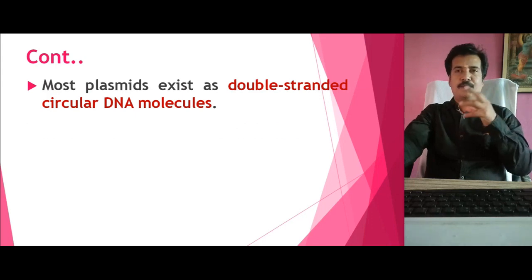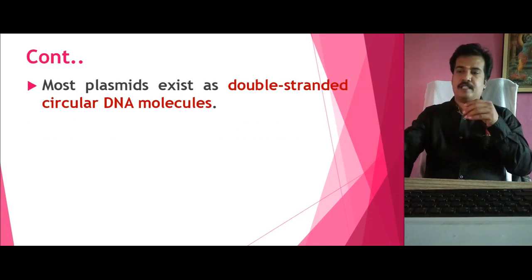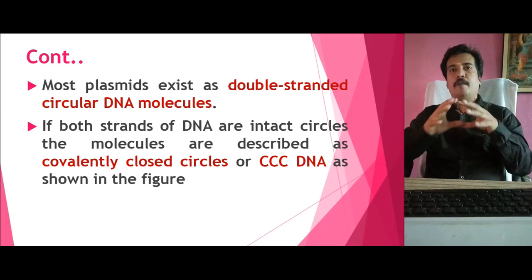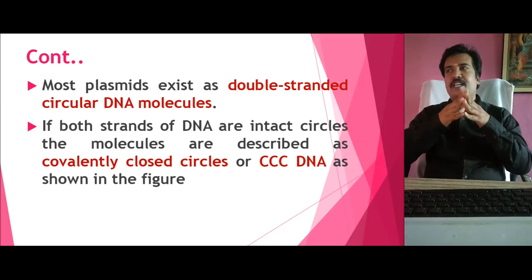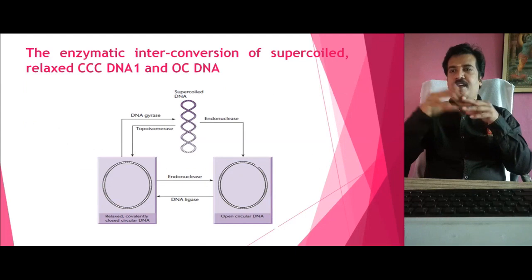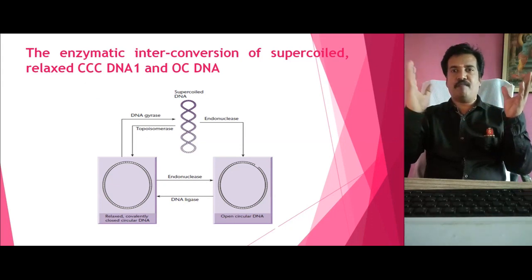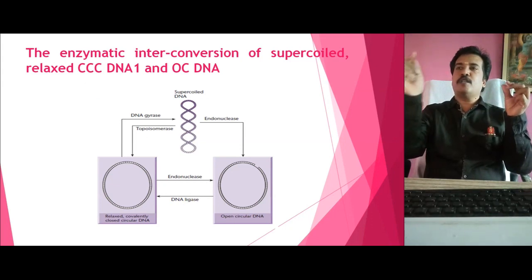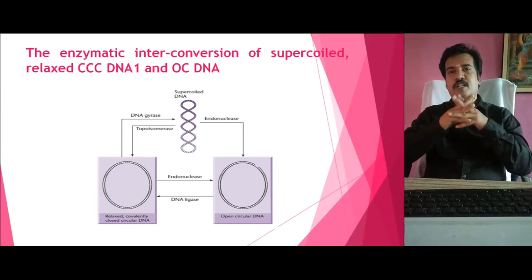Moreover, the plasmid generally exists as a double-stranded circular DNA molecule. It is present as a circular molecule, and in most cases it is considered as a triple C DNA, where triple C stands for covalently closed circular DNA molecule. Because during conjugation, when the genetic material, especially the plasmid, transfers from one bacterium to another, it goes in as a single strand, then by a circular mechanism it forms a circle. Similarly, the complementary strand is also produced and it forms a closed circular DNA.